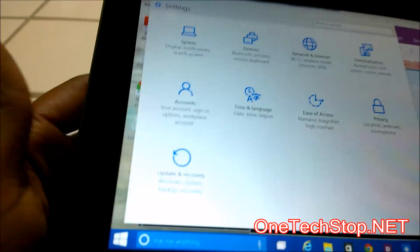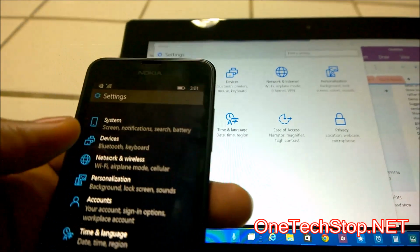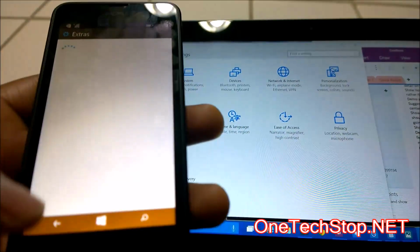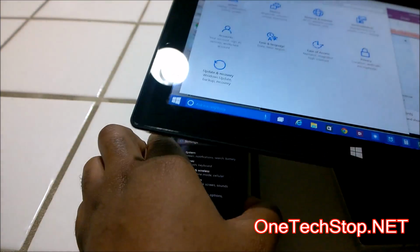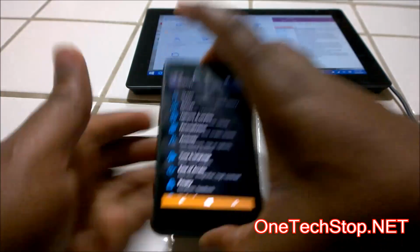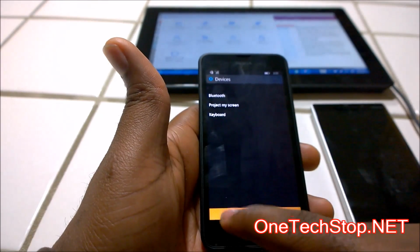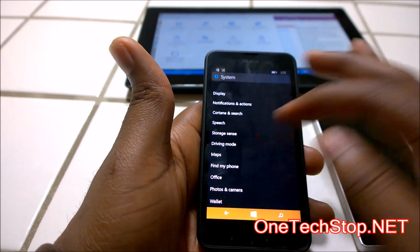So yeah, the same 9 options, I believe. 1, 2, 3, 4, 5, 6, 7, 8, 9, 10. Just the extras, it's probably the extra feature there. But yeah, that's part of the unification process. So you can see your settings. They're all grouped based on functionality. So devices, you have Bluetooth keyboard, project your screen. System, you have a whole bunch of stuff, maps,